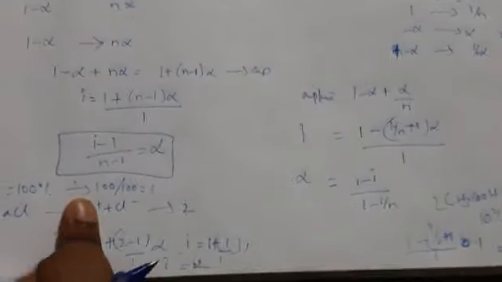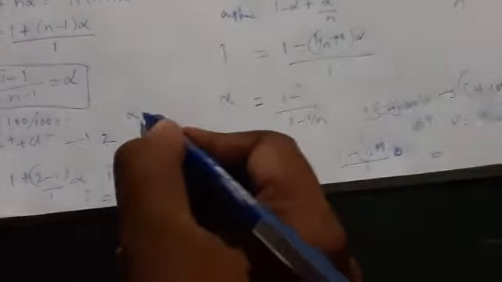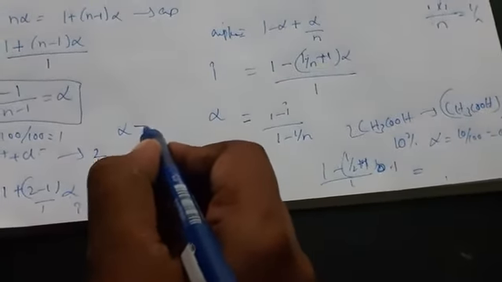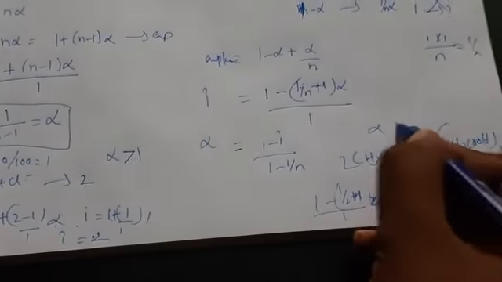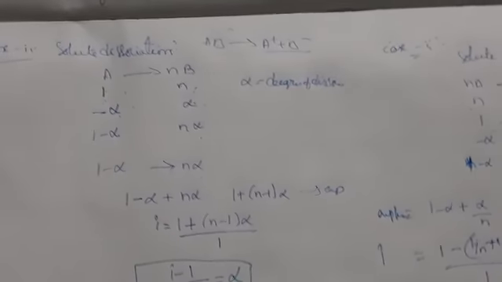Okay. So the association will be decreasing, and here in dissociation the i value will always be greater than 1. Here the i value will always be less than 1. So this is about abnormal molar mass in colligative properties. By this we have completed colligative properties. In the next class we can see ionic equilibrium. Thank you.